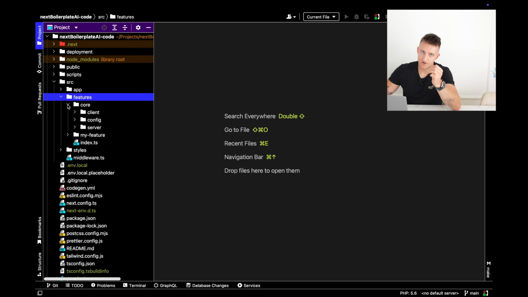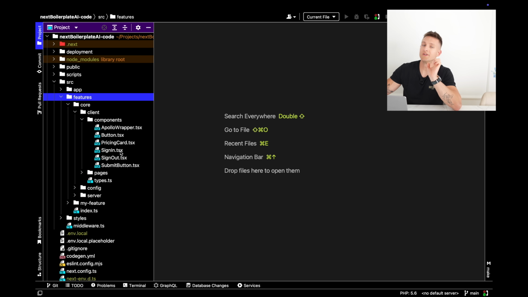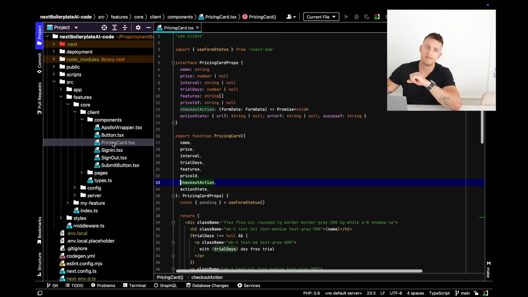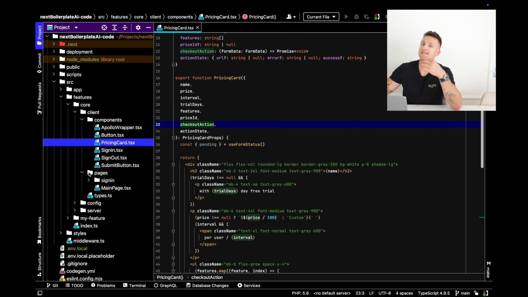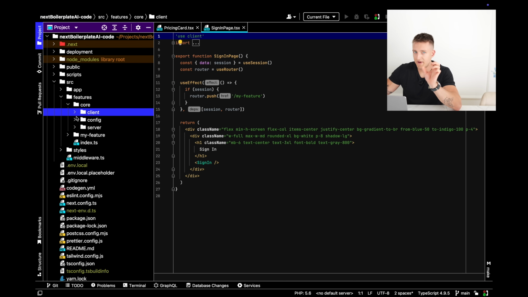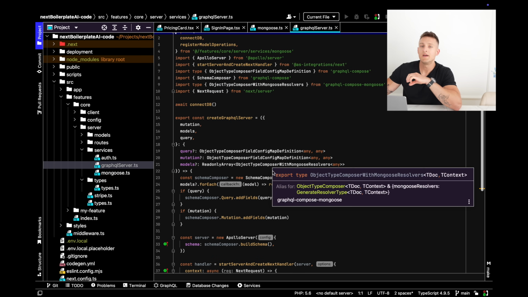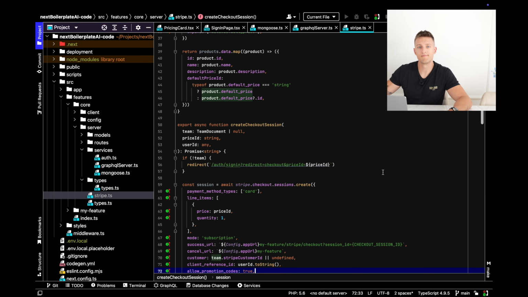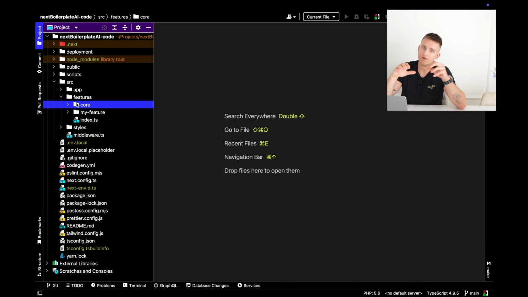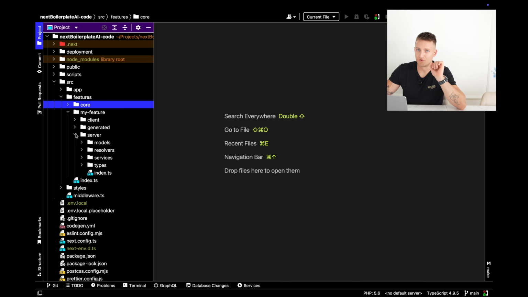There's a core feature packed with all the boilerplate and shared modules. Core is where you'll find and store reusable client components, like buttons and sign-in screens, and server modules, like database connections, your API server, plugin setup, and payments. There's a simple feature called MyFeature, which lives at the /myFeature root.